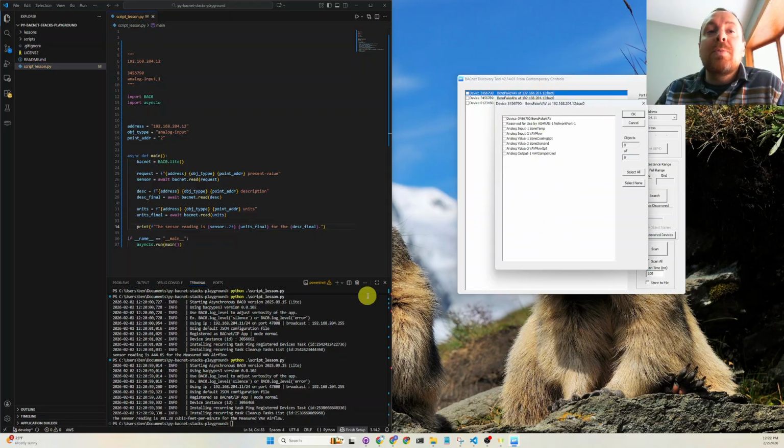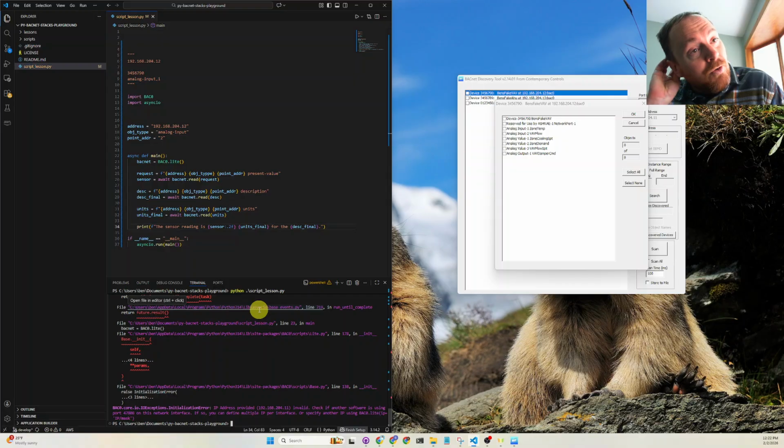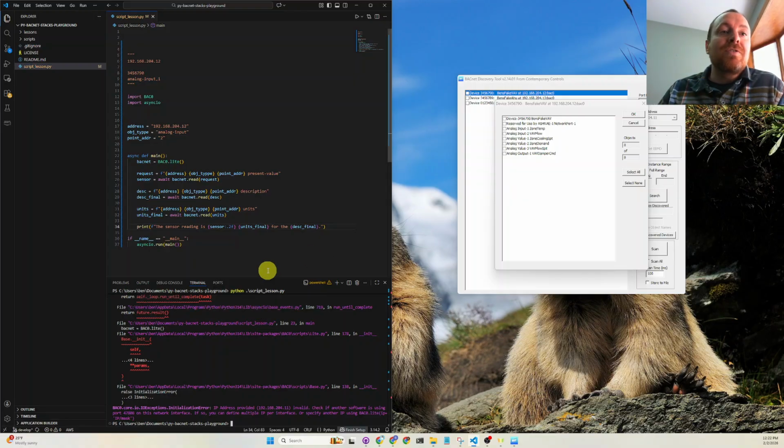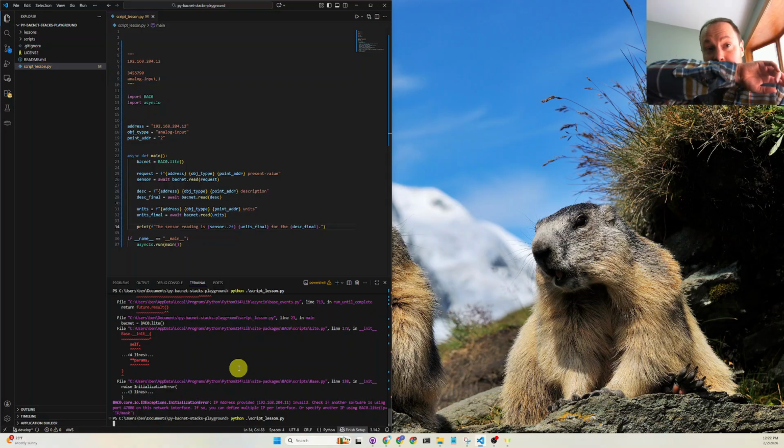So this tool is open at the same time, and then I'm running this at the same time. See, this is going to error out now because the operating system will not allow two BACnet applications running on the same computer. Doesn't matter if it's Linux, Mac, or Windows. If you're getting errors like this, make sure that you close out of your other application and then run your script again,